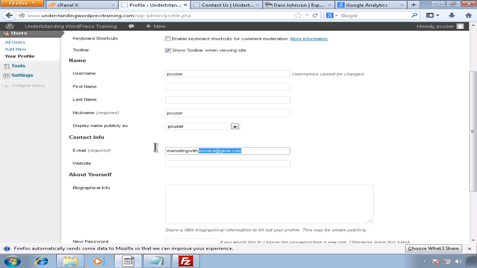And if you don't remember your email address, or if you don't have your email address here, when you reset your password, WordPress will ask you, okay, what is the email address where I'll be sending the password? Well, if you don't have your email address there, how is WordPress going to send you and reset your password? There are ways to get around that, but that's the